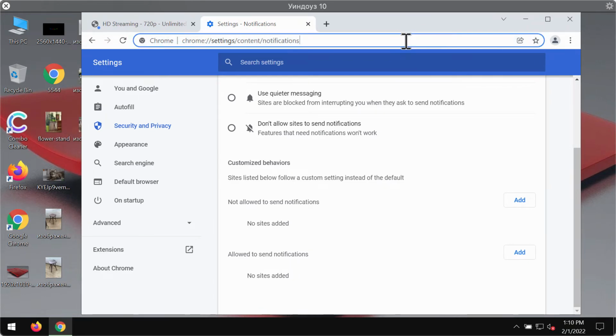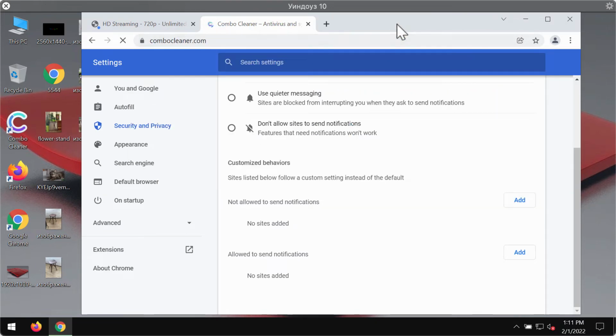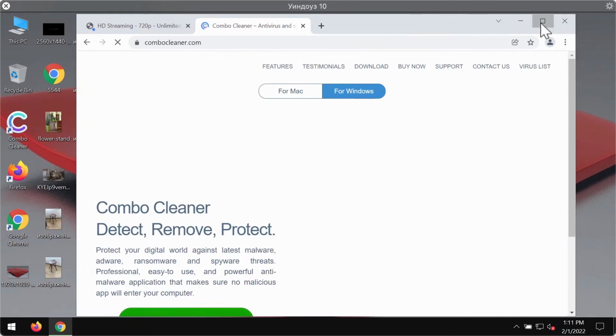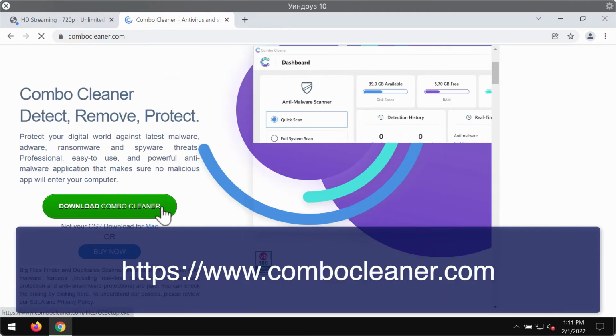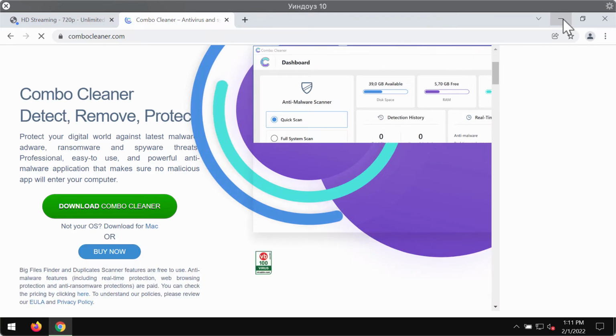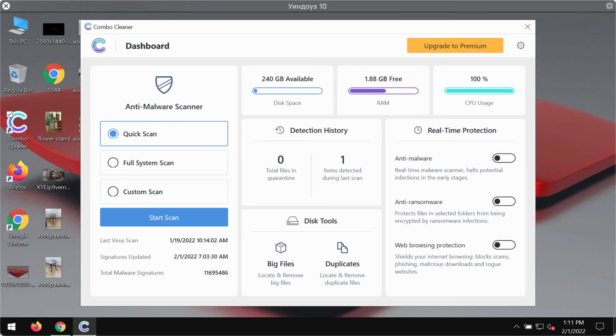To make sure that your computer is free of other hidden threats, I strongly advise that you scan it with Combo Cleaner Antivirus. Go to the page combocleaner.com, download the software, install the program, and start researching your device to delete other threats that could possibly remain